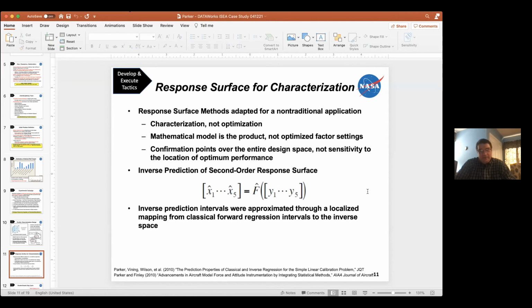This is the one equation basically in the whole talk, where this is the type of calibration problem where you need to predict the X's from a collection of Y's. If you look that up in a statistical textbook, you'll see simple linear regression. That's the most that you often will see, not a 5-dimensional second-order response surface. So we had to come up with some innovative techniques and solutions in order to provide uncertainty on that prediction. An iterative solution, by the way.